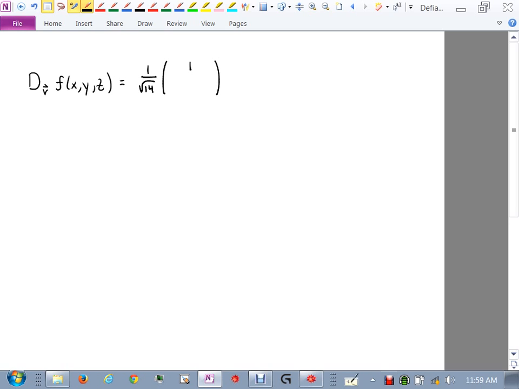So that should just be 1 over, y was 1 and z was 1. Okay, so that. And then plus 2 over root 14